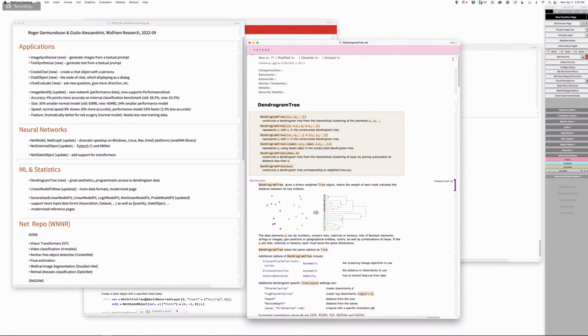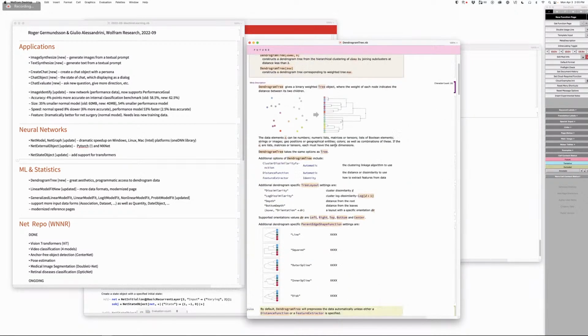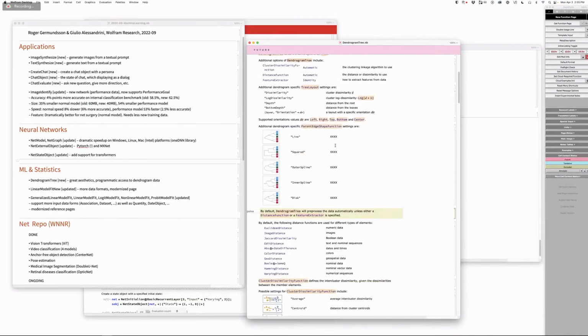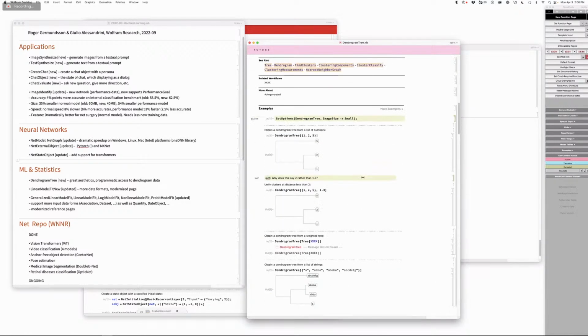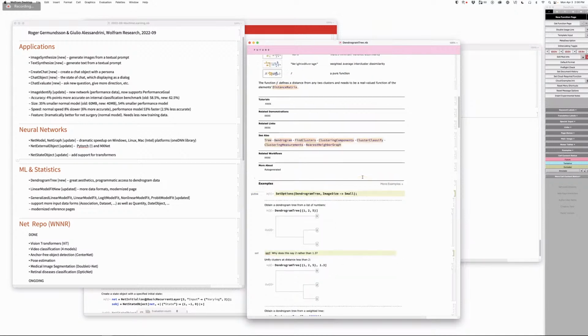Feels good. Okay. Dendrogram tree. So this is making an actual tree. Exactly. We looked at this a few months ago. I brought it to a state where it's working well. I added a lot of stuff around Tree, so I'm also meeting with Ian to see what can be folded back into Tree.